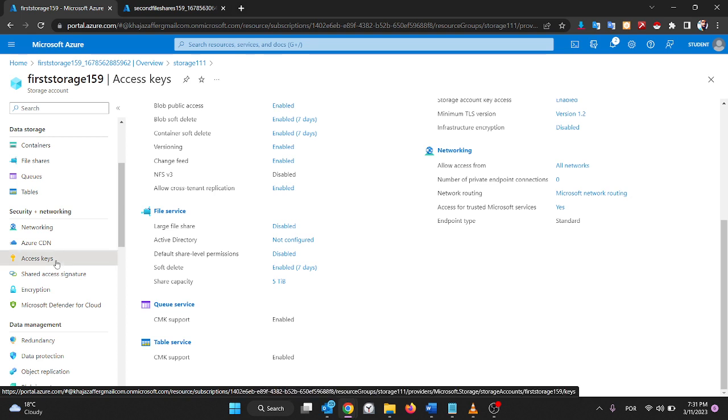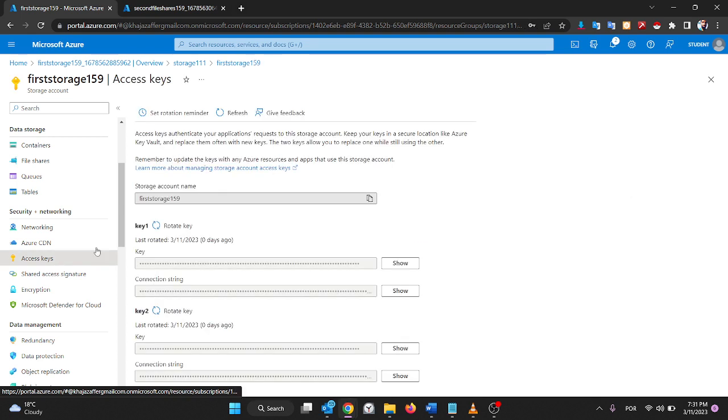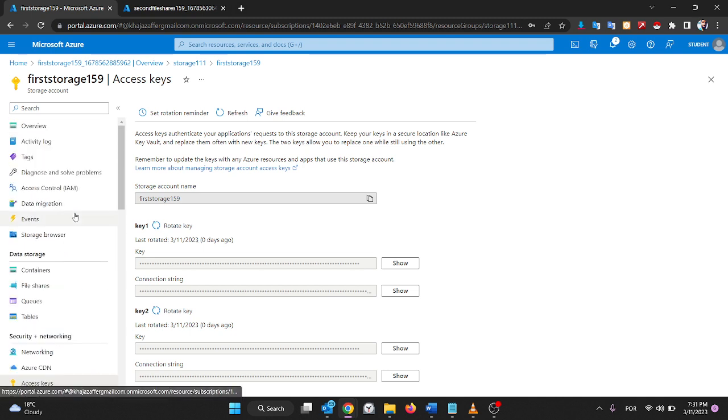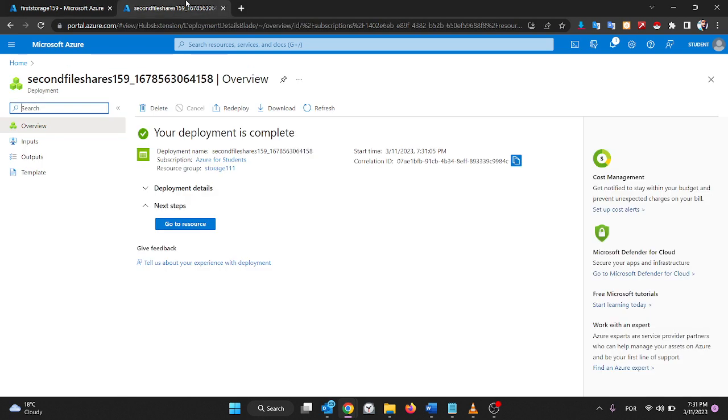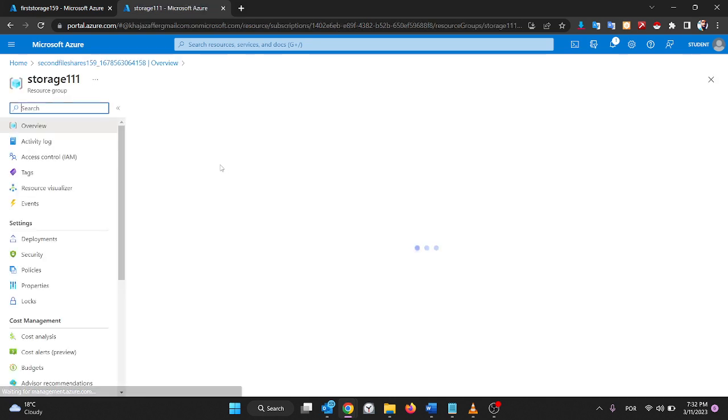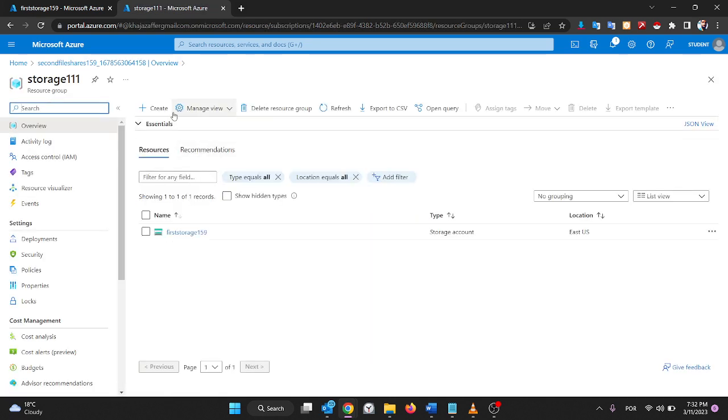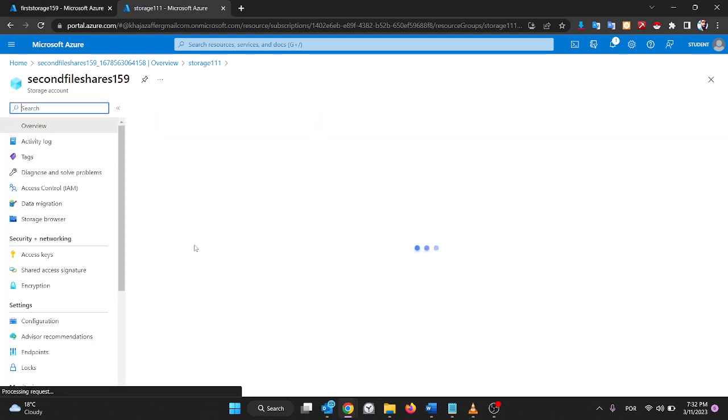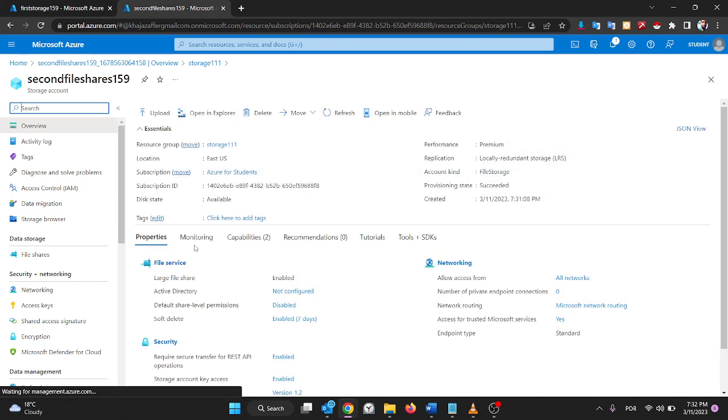So in the access keys, I can use these access keys to share, to give the access to anyone, right? Okay, fortunately we are able to do that. So in the resource group, I'm able to see, okay, fine. You saw this is premium service, right? Premium performance. In the premium performance, I can only see the